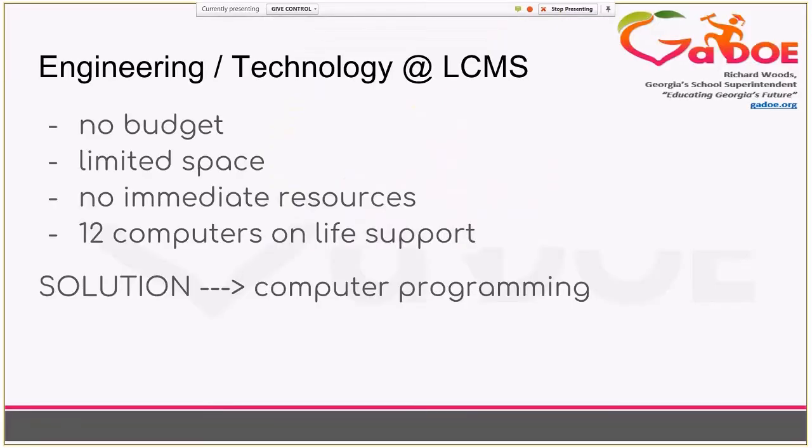To give you a quick background of why I teach computer programming, it's not directly in my standards. You can find it if you read between the lines, but I'm not a computer science teacher, and the engineering and technology standards don't directly say to teach computer programming or these elements of computer programming. How I got there was when I moved down into the engineering and technology class,